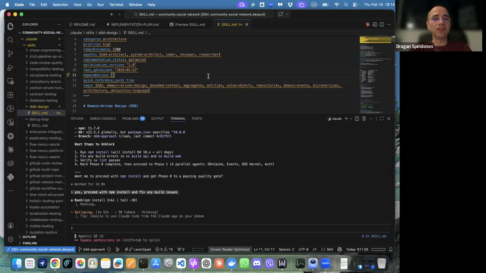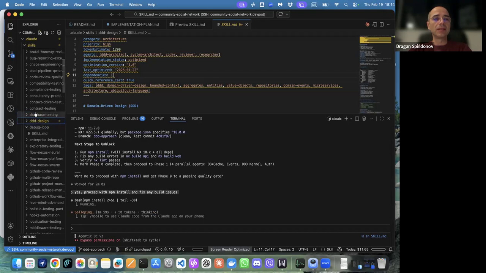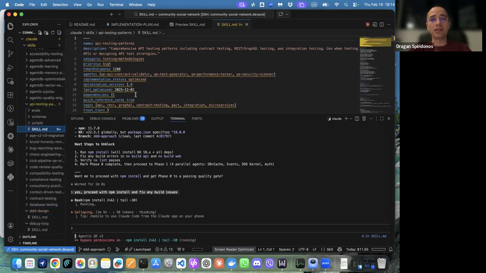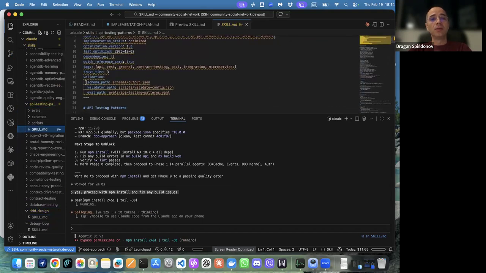Just invoke the DDD design skill from CloudFlow. So this is the CloudFlow skill. My skills are slightly different. Claude skills, my skills have something called evaluation levels, trust tiers. That's an additional thing, because I implemented 3 levels of validation in order to prove that the behavior of the skill will not change with the new models being released, and by using different models.